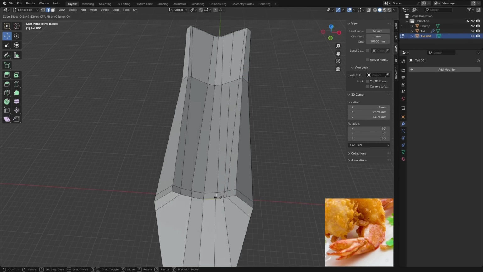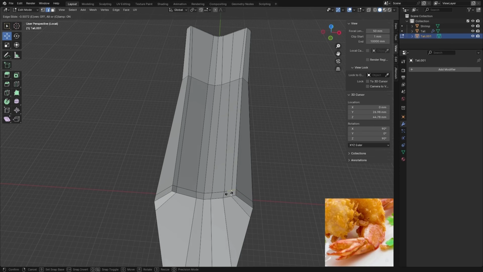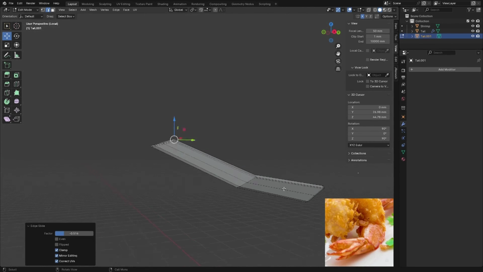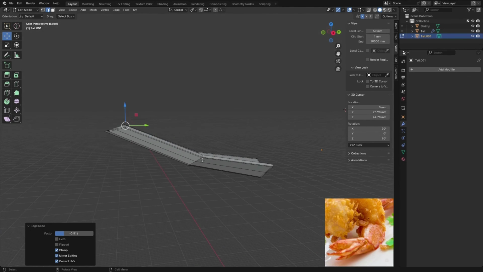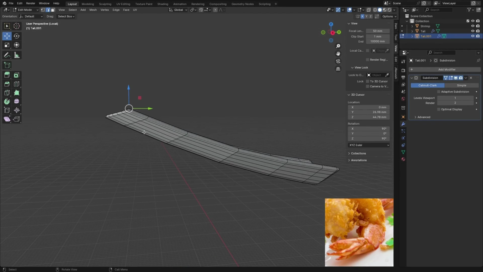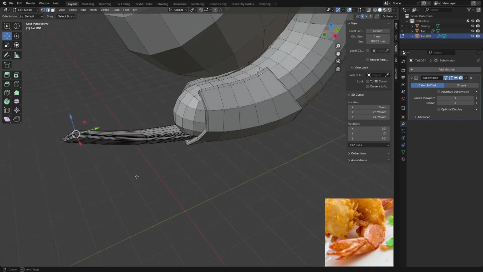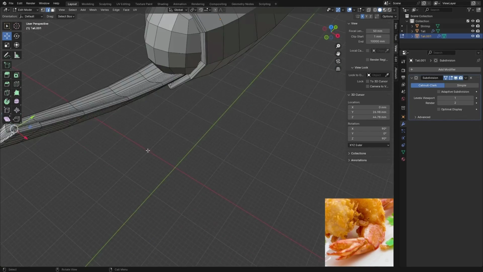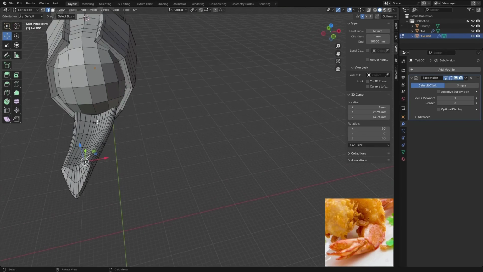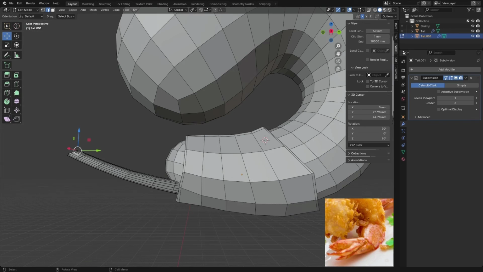Let's go ahead and GG slide this one towards center. This one up. So let me test this with the subsurf modifier. Right, not that bad. It's a little bit meaty or filled at the start. Let's do that with the sculpt. So it's not bad. So let me apply this